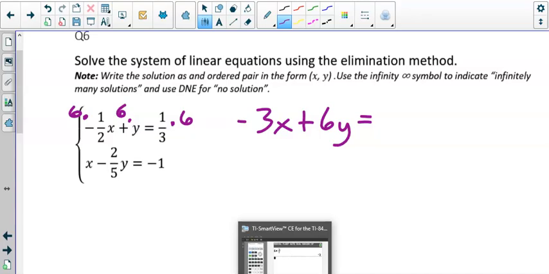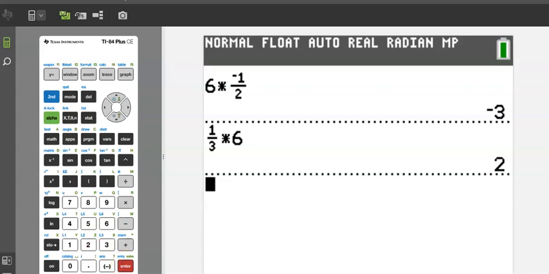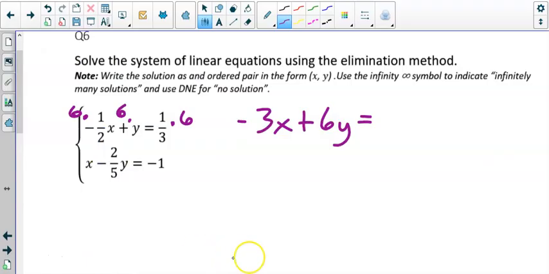Well, again, we can just go into our calculator. Alpha y equals 1/3 times 6. 2. So there's our new upper equation, and it's easier to work with now because we don't have any more